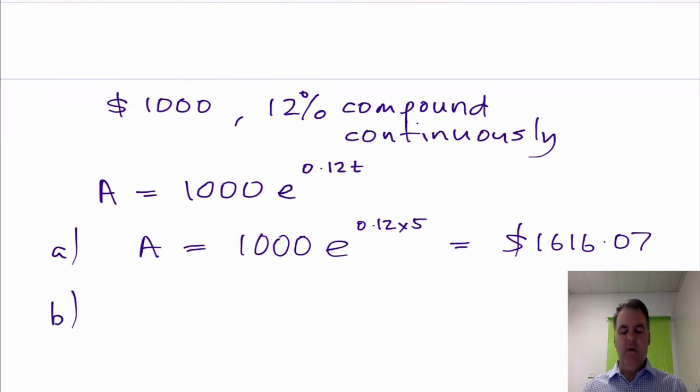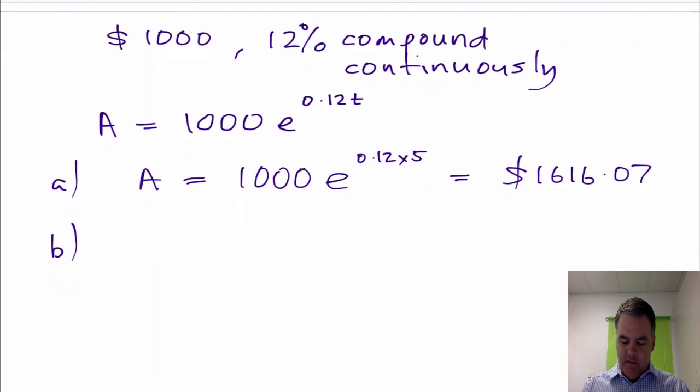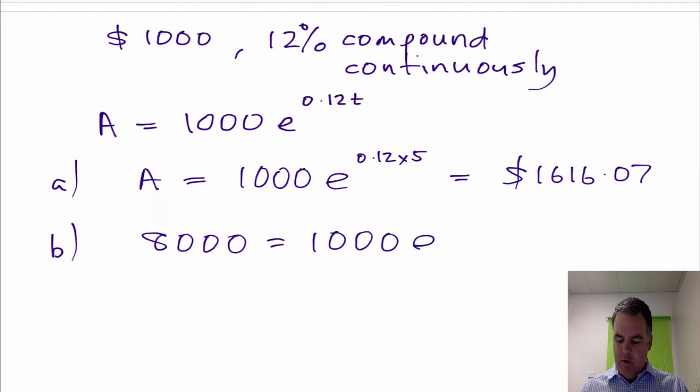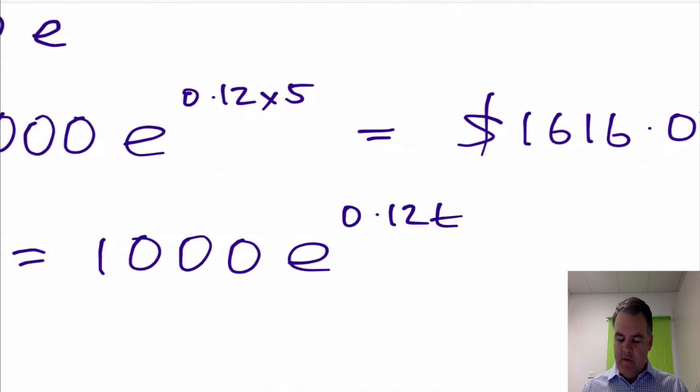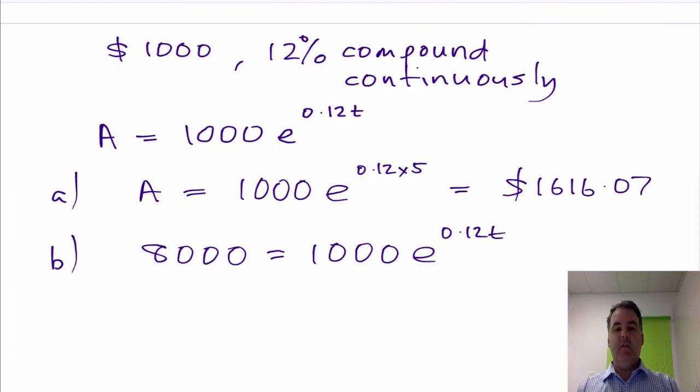Next kind of question that you need to know is, how long would it take for me to have $8,000 in the bank? So in other words, I'm giving you this and I'm wanting you to find the value of t there. Okay, so here's the equation. 8,000 is the value of A, and we want to know what is the value of t in that expression. Now, the way that you solve this mathematically is using logarithms, which we have not done yet. So this is where you're going to grab out your calculator and use the solve function. So it's just a matter of setting it up, getting it right. So if you grab your calculator, put that in and click solve, your calculator will spit out